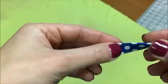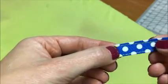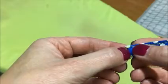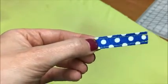Alright, I just put the top stitch in here, and it's basically a straight stitch that goes about 1/8 of an inch or less away from the edge. And again, you're going to do that on both of the long sides of what will be your loop